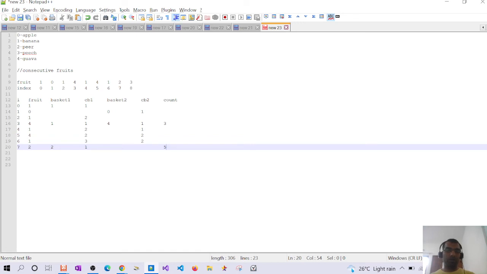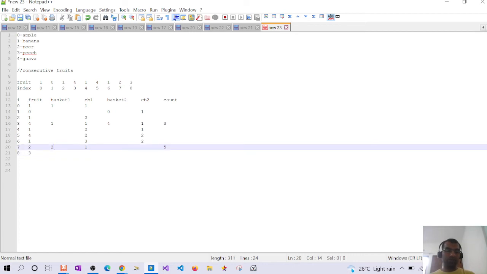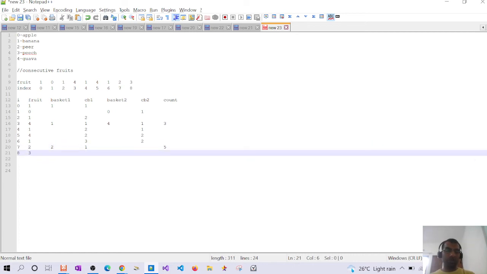Okay, we'll make the count as 1. Now we'll go to index 8. We have new fruit 3, so we'll check whether 3 exists in basket 1 and basket 2. It doesn't exist in either. So again, since we have found a new fruit, we have to repeat the process of finding the consecutive